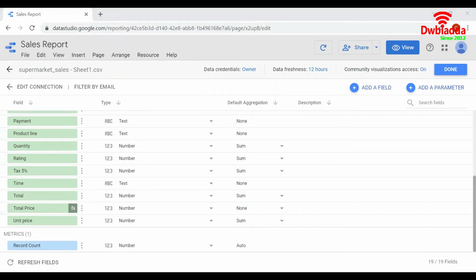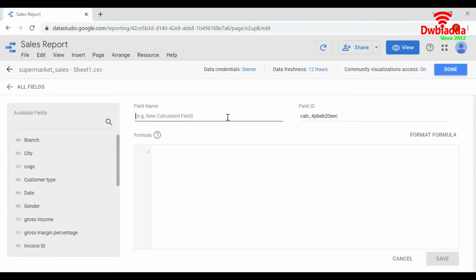Let us create the second calculated field, state. Click on add a field. Give the column name as state. In Google Data Studio, the formula contains a set of statements, that is, let us call it a block.